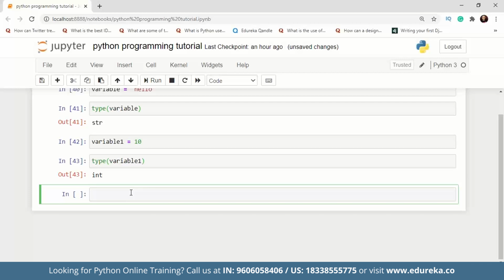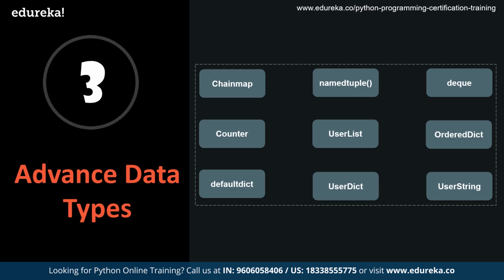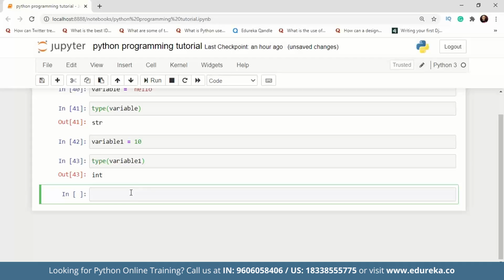The next data type that we have is a list in Python, which is declared in square brackets, and is mutable. A collection in Python is basically a container data type. Namely, we have list, sets, tuples, and dictionary, and they have different characteristics based on how we declare them and how we use them. Coming back to list again, it is mutable in nature, which means you can change it, unlike strings. Strings are immutable in nature, guys.